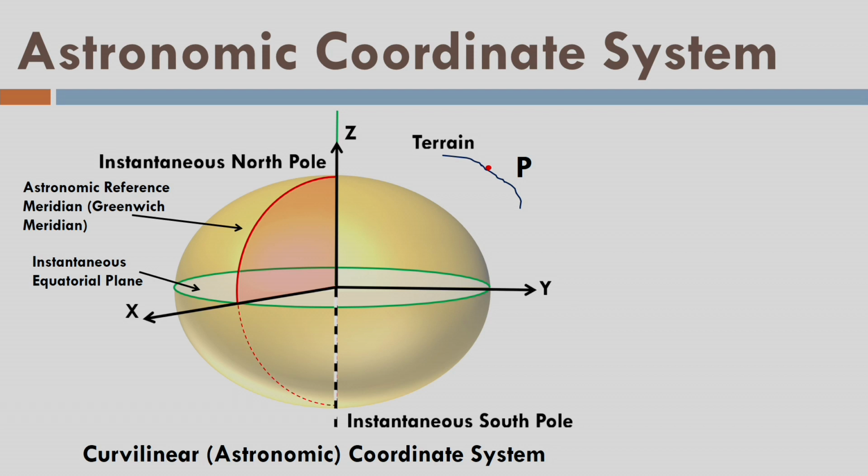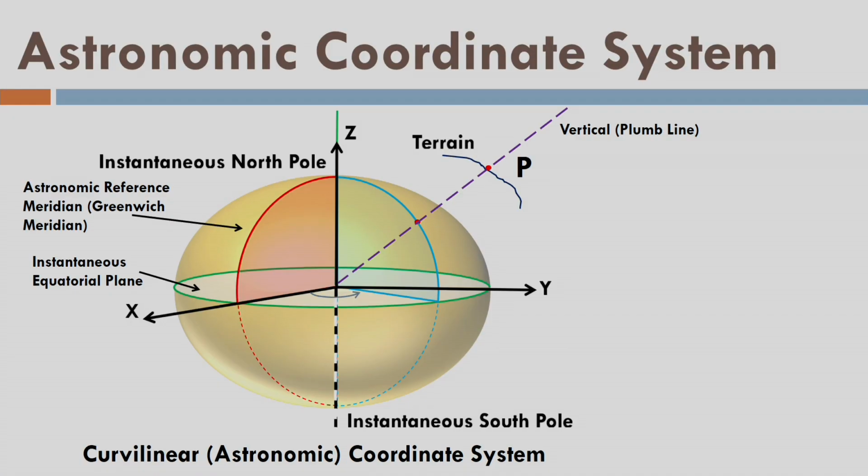Here, in case of astronomic coordinate system, again point P is the same, but let us define the plumb line or the vertical line, sometimes called the plumb line in literature, that is the line of gravity passing through point P. So, it is going to intersect the geocenter of the earth, and that is why we are straight away drawing it to the geocenter. Well, there is a point here, and this is a kind of terrestrial meridian that we call the astronomic meridian of the observer.